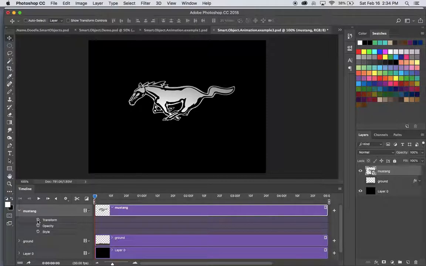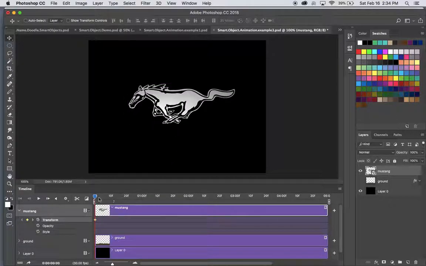Okay, so we want to click this little icon. It looks like a clock. That's going to make a keyframe. You see that little yellow thing that showed up? That's called a keyframe. So right now that's going to record this position right in the middle. We're going to move this blue thing over. This is our timeline on top. Let's move it over to maybe 1 second. Okay, now we're going to do our friend